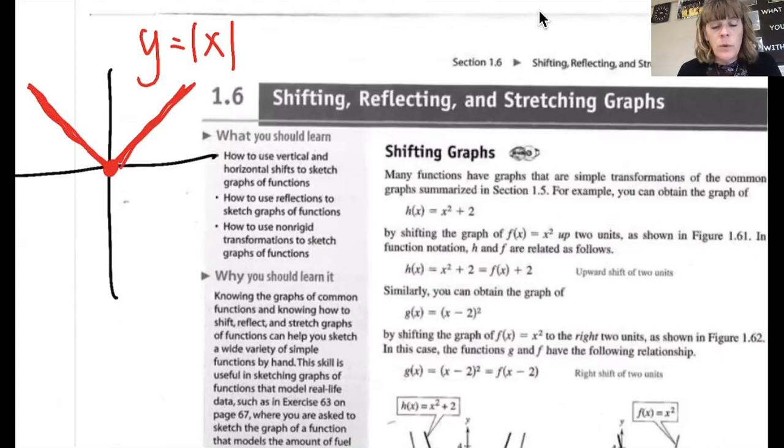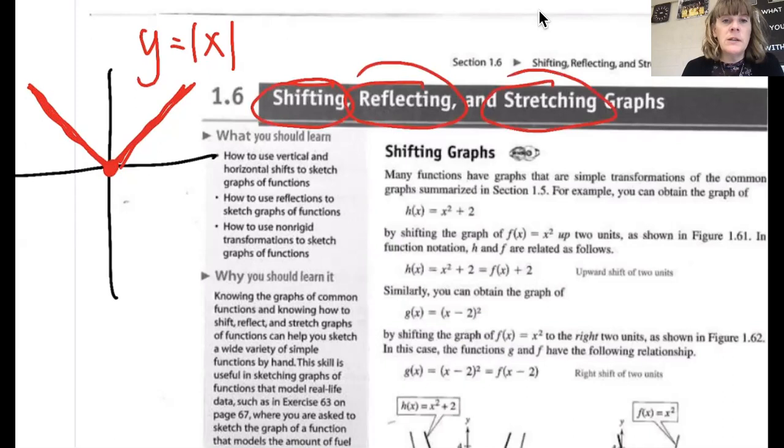Okay, so when we talk about shifting, reflecting, and stretching these graphs, what we're doing is we're taking this basic absolute value graph and doing something to it so that we can still see what it should look like. For example, we're going to do a vertical or a horizontal shift. So if I were to do a vertical shift with this thing,